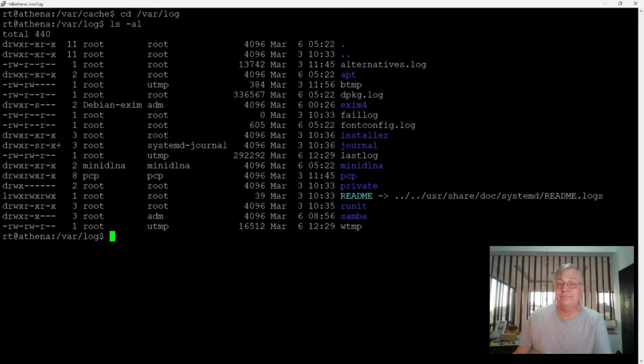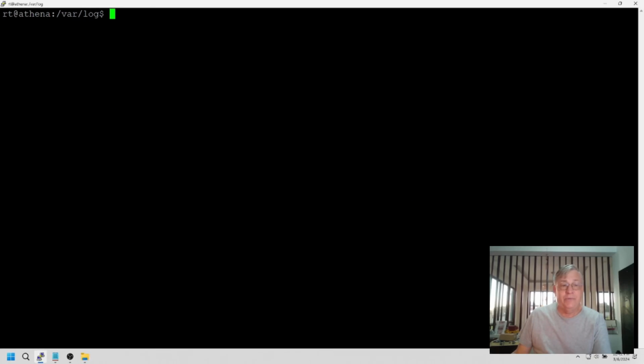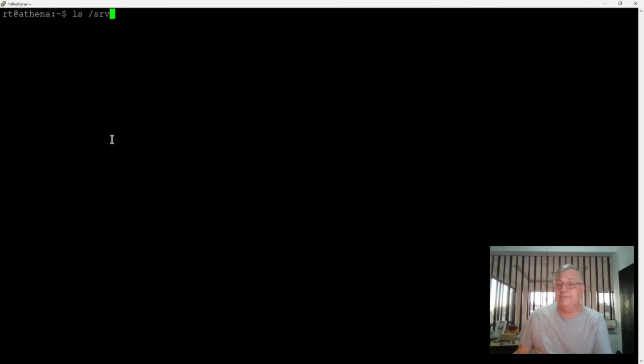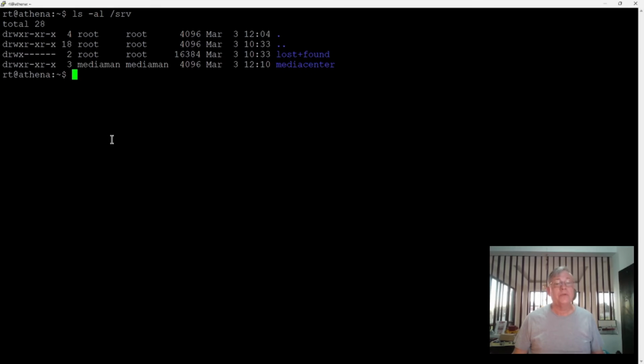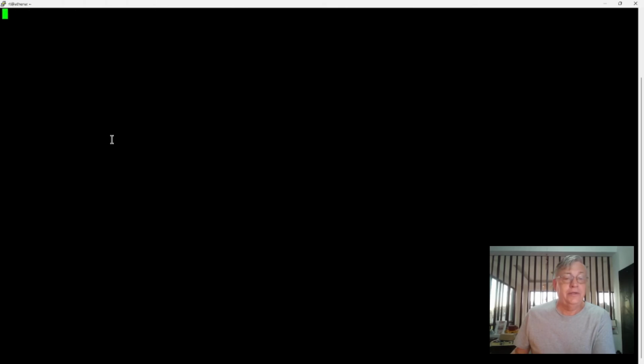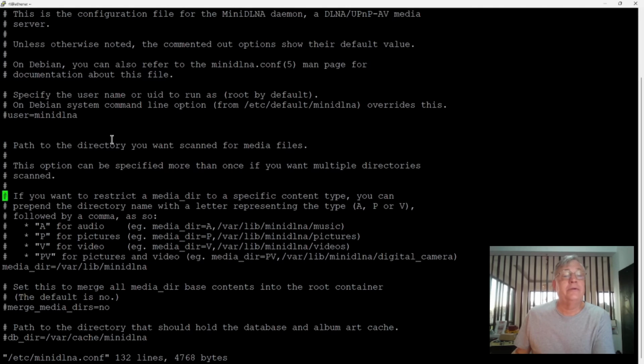So yeah, when we look in more detail inside the config file, you can see where these folders come from and why you need to know they're there. All right. Let's look at our config